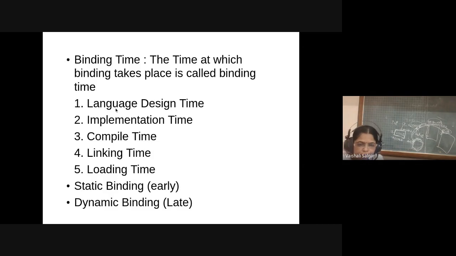Out of these five types of binding, design time, implementation time, and compile time bindings are referred to as early binding, whereas linking time and loading time bindings are referred to as dynamic binding or late binding.